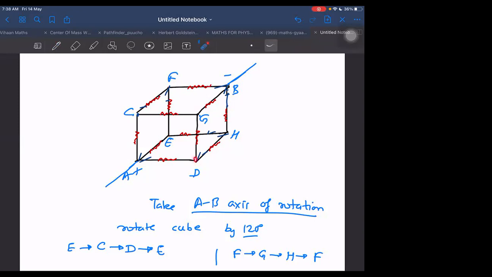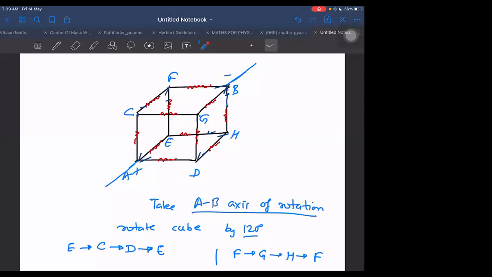If you are still not sure how to bring it, I can draw a cone which passes through all these 3 points, D, E, and C. Can we do that or not? And we can rotate a cone about its axis. It is an easy task to rotate a cone about its axis. Then it definitely means C can come to D and D can come to E. That is possible. Understood? Are you getting this idea?